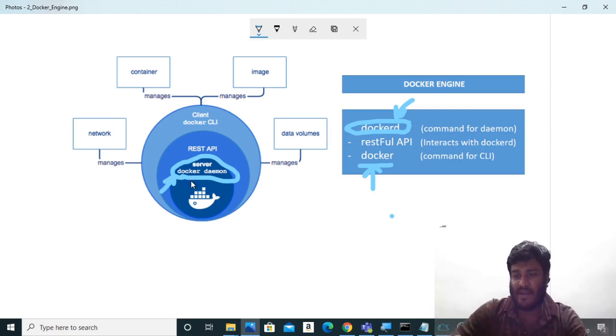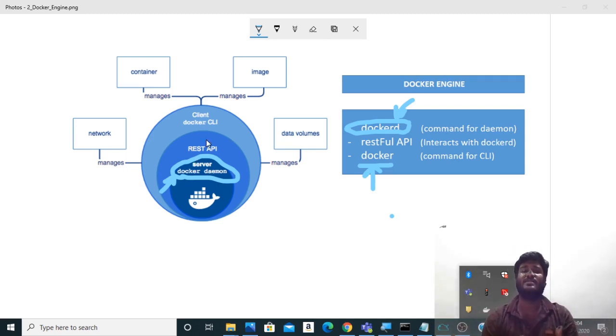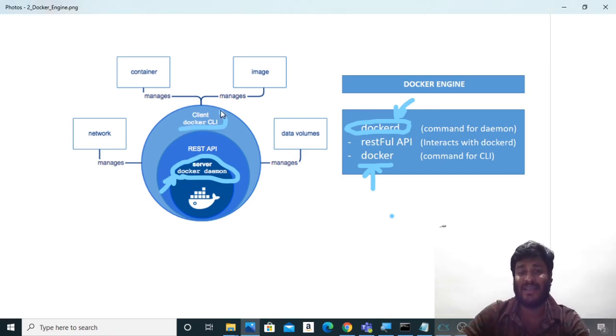Then this Docker daemon, which is used to run Docker instances or containers, can be accessed. So this is the worker. Docker daemon is the worker software. Now this worker software needs to know what has to be done. How will this system know? It can know in two ways. One is Docker CLI, where CLI is command line interface. Let us talk about the REST API in some time.